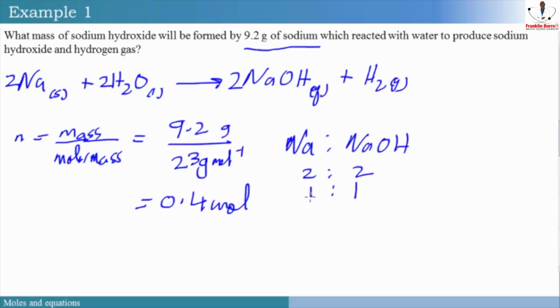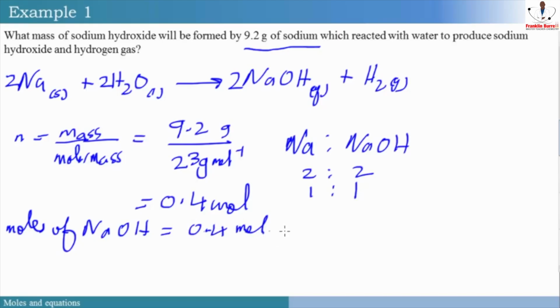So the mole ratio between sodium and sodium hydroxide is 1 to 1. So since the mole ratio between sodium and sodium hydroxide in its simplest whole number ratio is 1 to 1, we are saying then that the moles of sodium hydroxide is also equal to 0.4